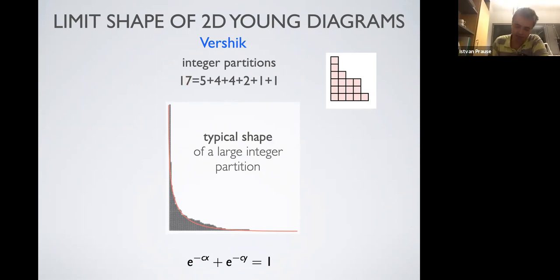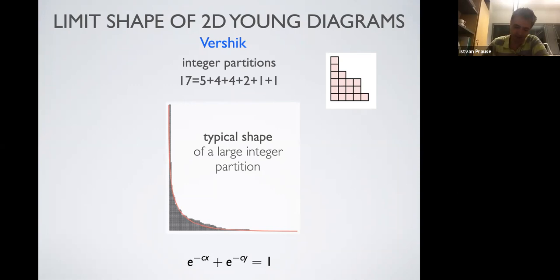Namely, we will take some large integer, and then we partition it where we don't care about the order of this partition. So it can be represented as a monotone sum of smaller integers. And then you can picture it as a 2-dimensional Young diagram. So we have here 5, 4, 4 in the rows, 2 and 1, 1. And now what happens is that we take a large integer number n, and then we can partition it in many ways. So, but in any case, finitely many ways. So we take uniformly random